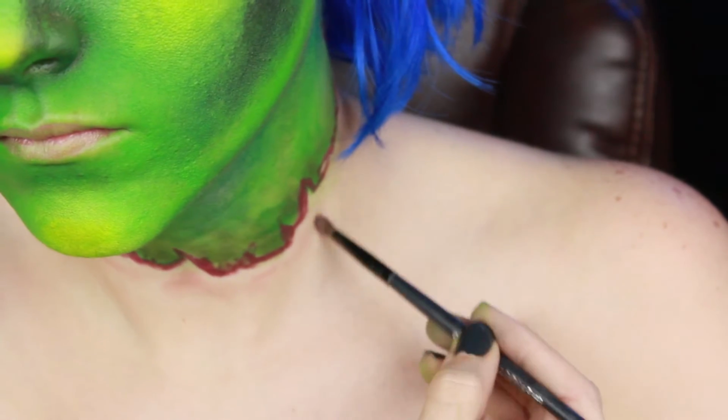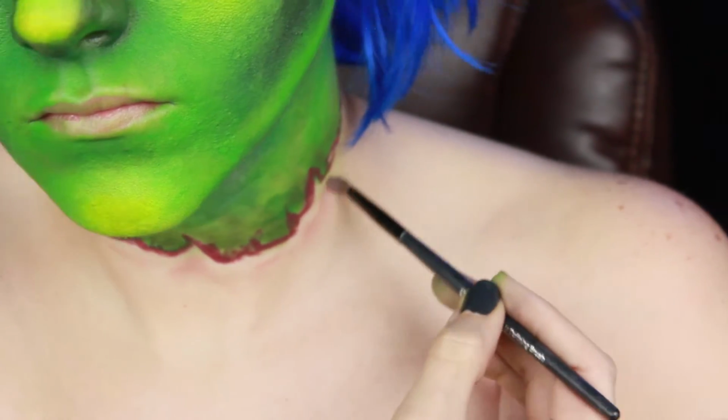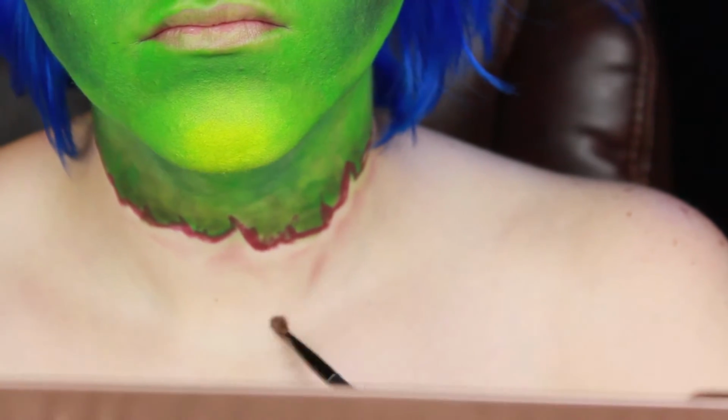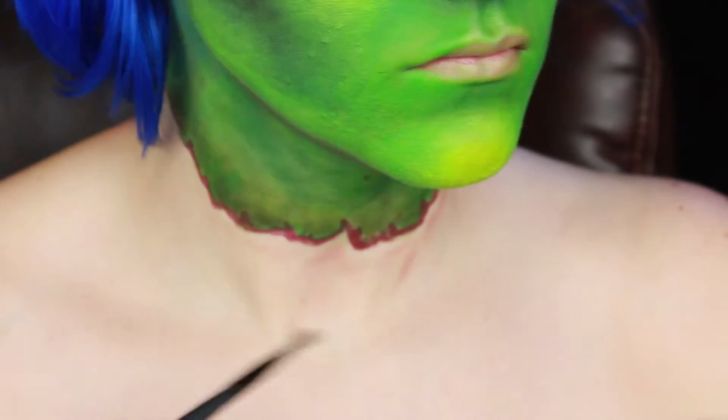This gives the illusion that it's puffy and infected and inflamed. So yeah, it's kind of like the same thing that we did with the pirate tutorial. And once that's all done, you're going to take